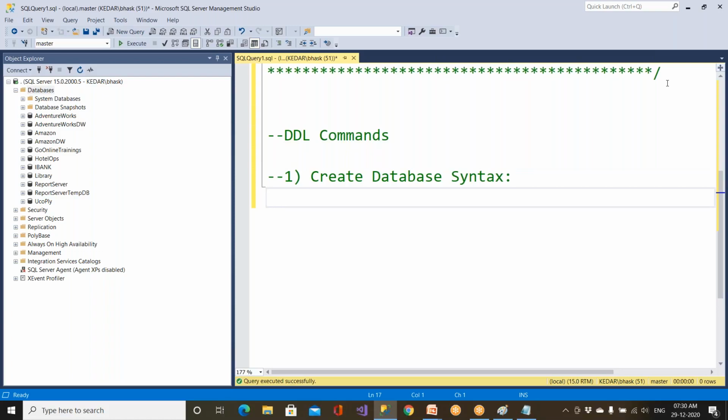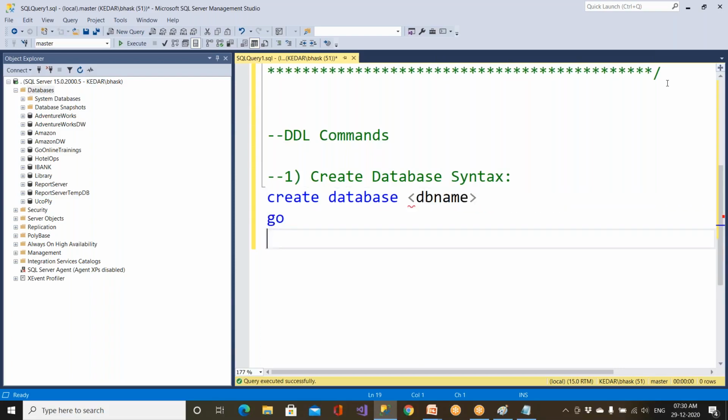So the syntax is like this: create database, then you have to provide the database name, so DB name has to be given, and say go. So this is how, syntactically, using a command, you should be able to create a database.